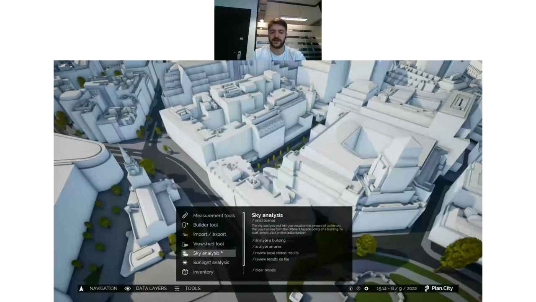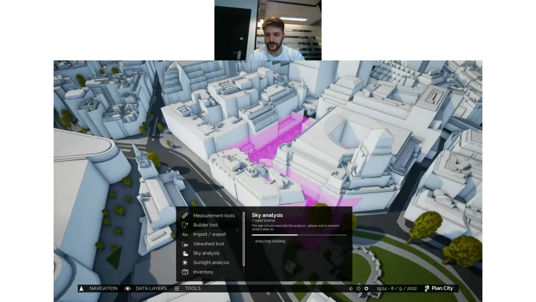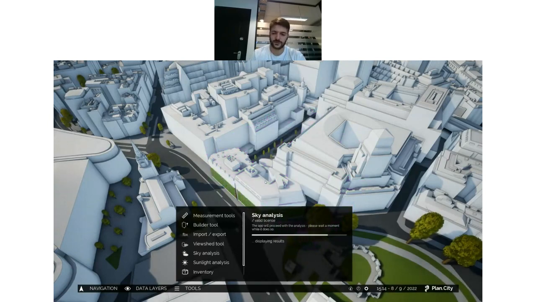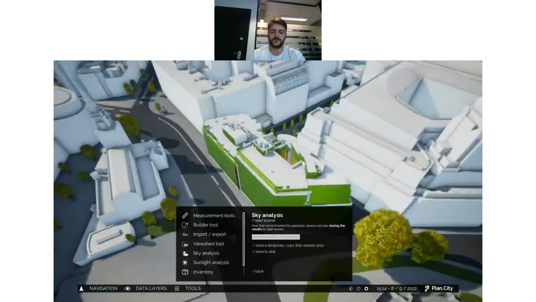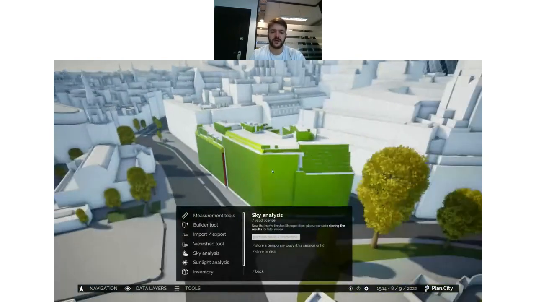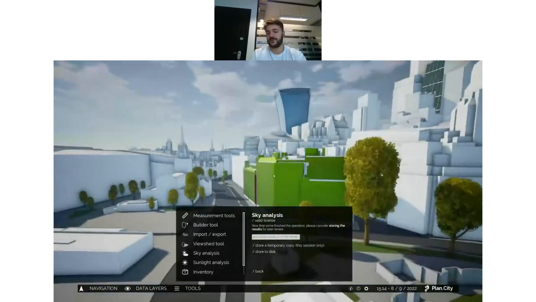Let's start by analyzing a building, such as this one. Continue with the selected buildings. This will perform the analysis that we spoke about before, and it will paint on the facade of the building how well those different points can see the sky. So for example, over here, it's all painted in green because there aren't any obstacles in front of those facade points that really